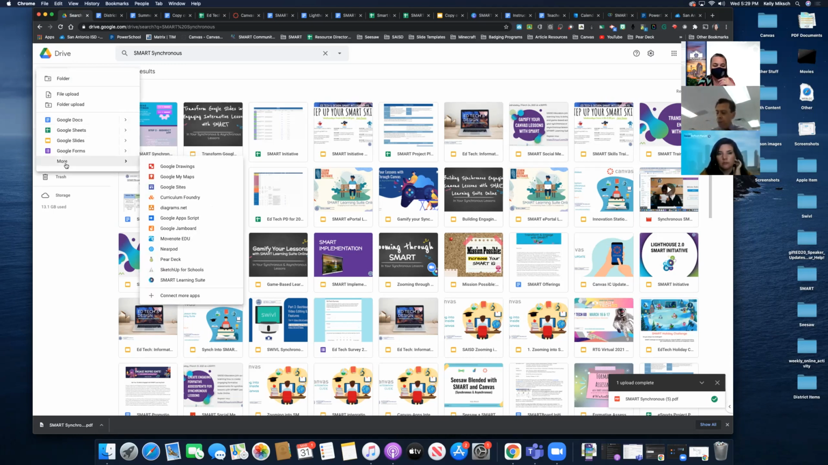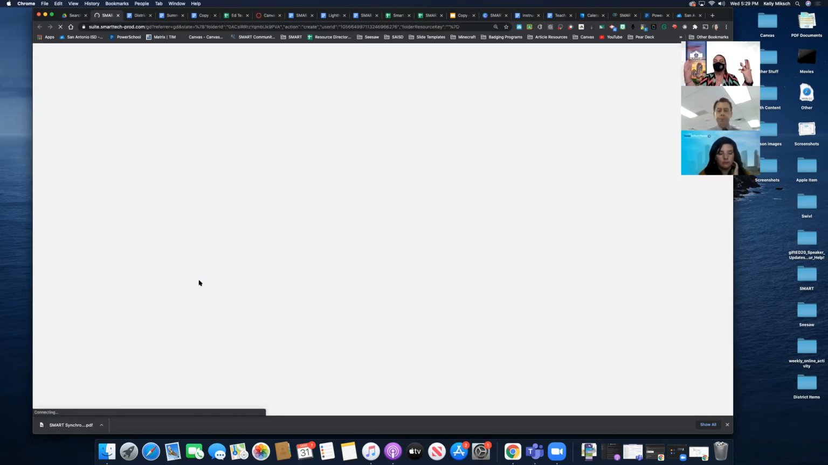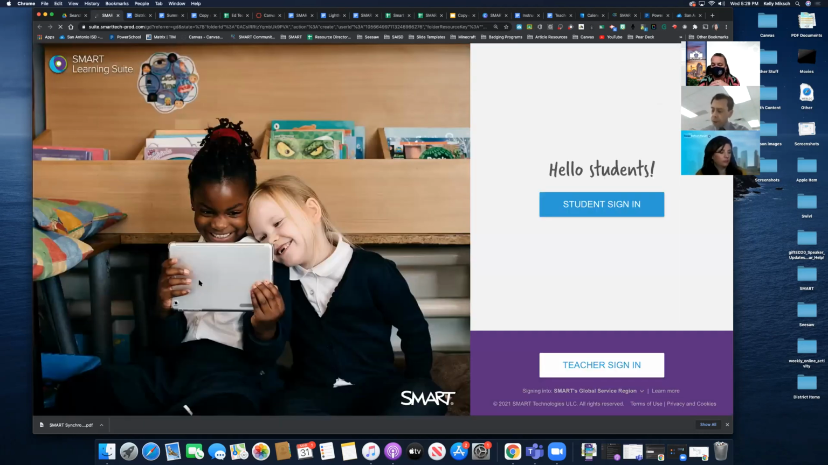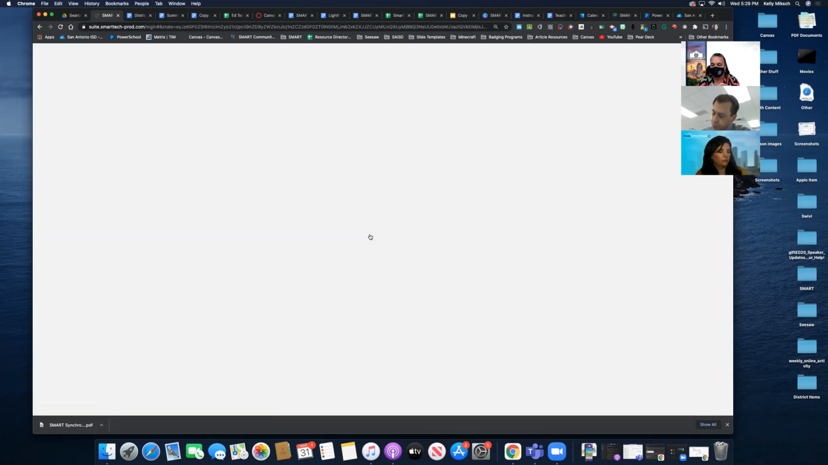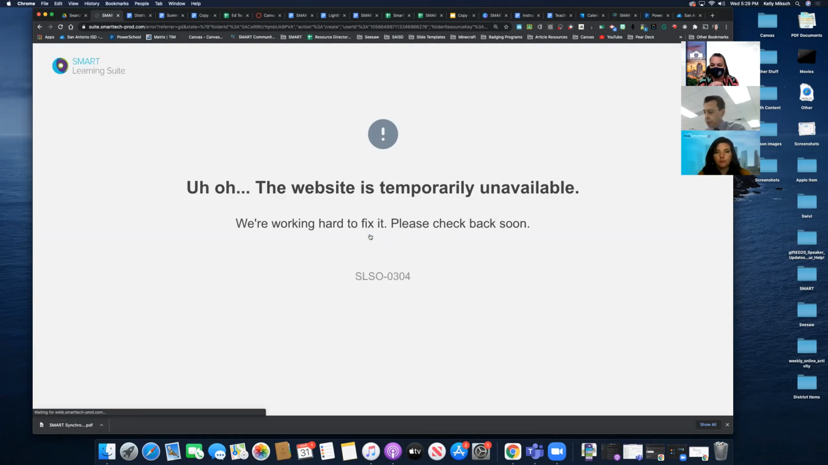and I would navigate down to that more, and then go to Smart Learning Suite. Because what's nice is it's going to bring all of them up, and especially since you're a secondary teacher, you have so many different class periods, and making sure that you're in the right file